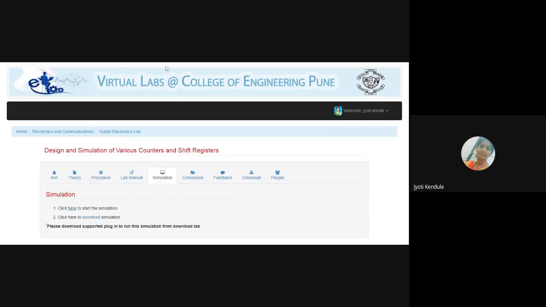Okay, same tab we are going to use. That is the portal coepvlab.ac.in. V stands for virtual lab. Whatever practicals are there, simulation type of practicals are available. We already discussed that in the last practical. Same type we are going to discuss in the next two practicals: half adder, full adder, half subtractor, and full subtractor.